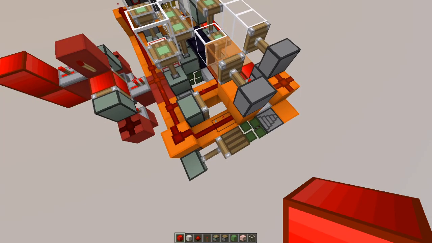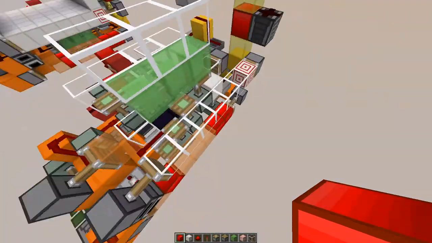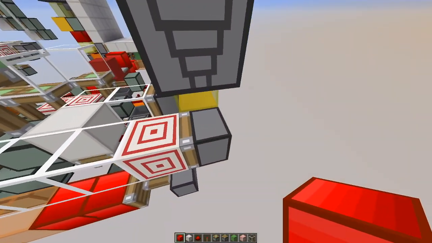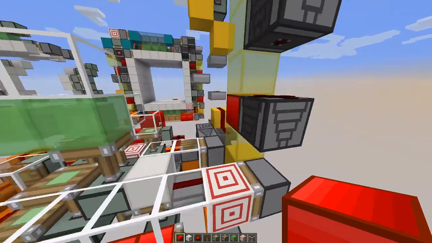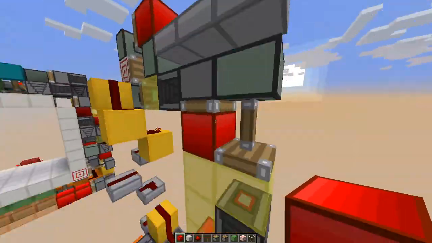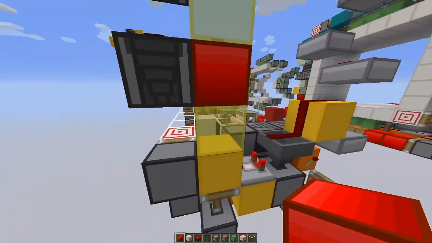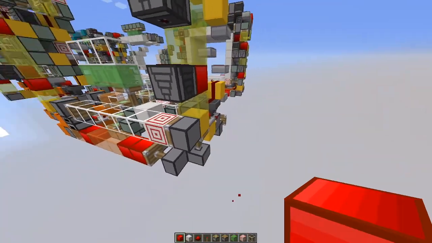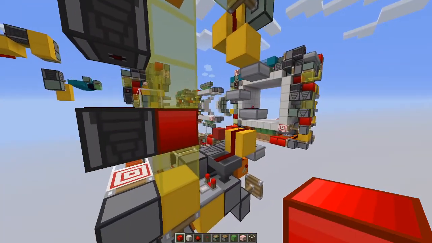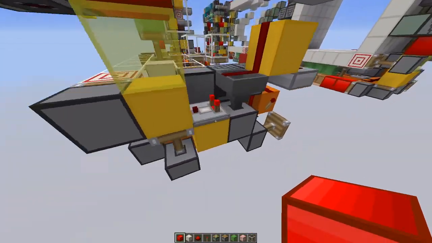Now for the sliders, we push this at 4 game ticks from these 2 observers at the side. This slider actually doesn't really contribute anything. It just so happens that this redstone block will butt this piston and keep it constant in power, so I included it here. So this is the back slider. For the front slider,